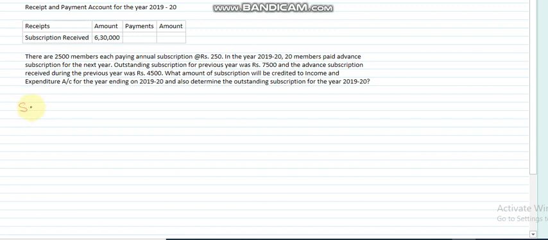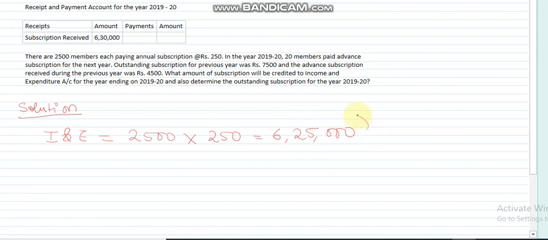In this, we need not do any sort of calculation, no plus, no minus, no outstanding of previous year or current year or advance, nothing. Just what we will do, we will multiply the number of members by the annual subscription per member and we will take the product to the income and expenditure account. Means, as per the income and expenditure account, the income from subscription during the year will be of rupees